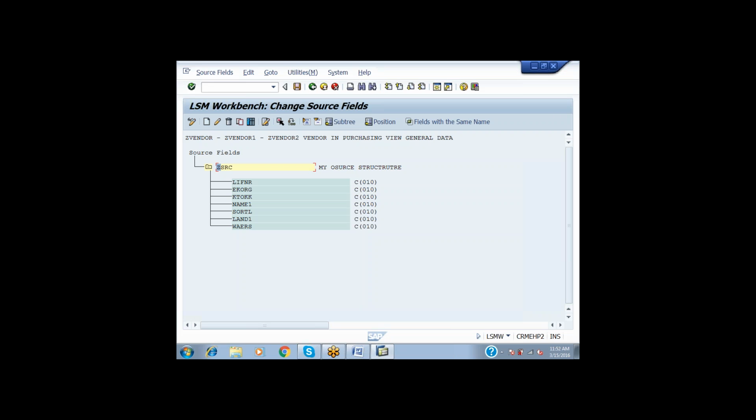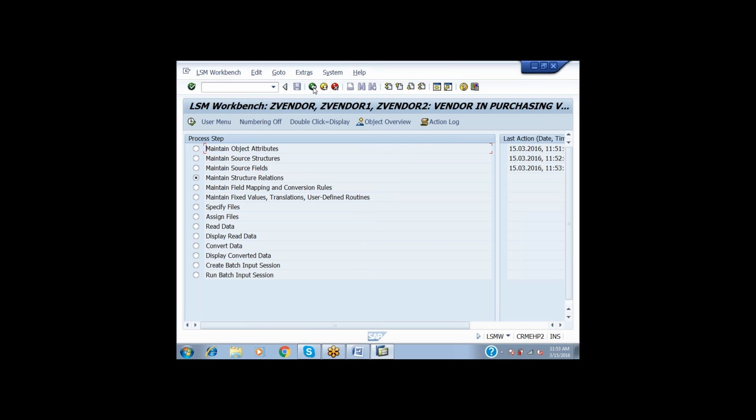These are the fields. I have created one recording. The fields have been read, and I have created one structure. What are the fields of the structure? Done. Save it. Fine. One recording is there, one source structure is there. Now I am making this recording and this source structure